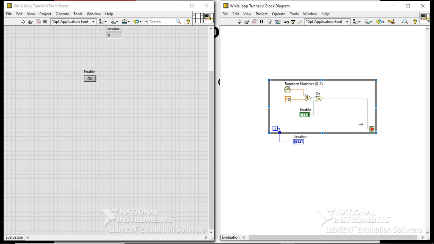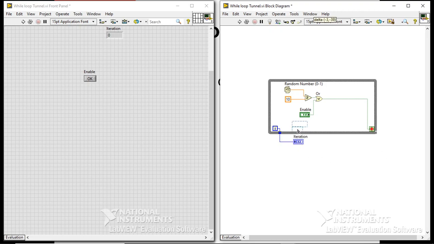The authority for stopping the iteration or terminating the execution rests only with the stop if true terminal. If you double click on it, or click on the red circle, the icon changes. The conditional terminal changes to continue if true. You can also right click on it and pick either option, which is another shortcut. Let me go with the default structure, stop if true.